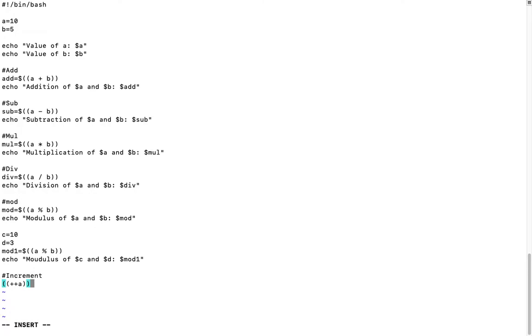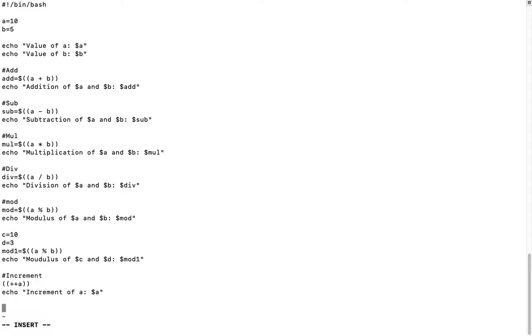So now the value increased by 1, which is 11. Let's print this: echo increment of a colon $a.